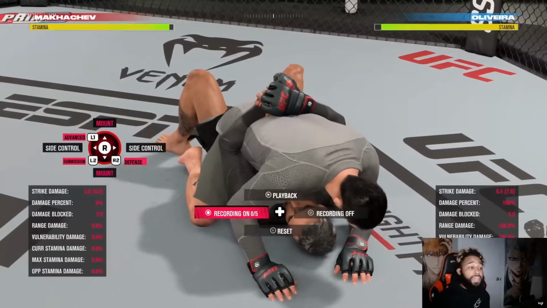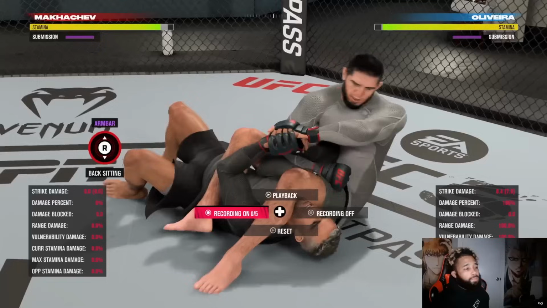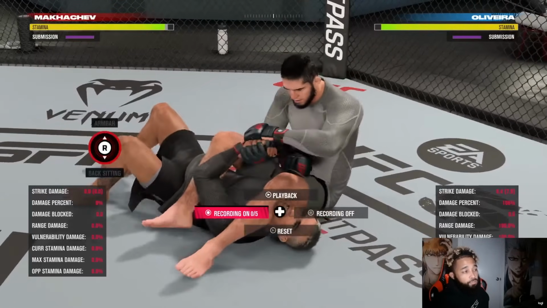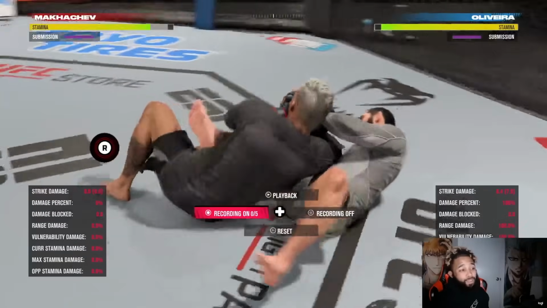So now, if we attack the armbar on the other side with Makhachev against Oliveira, everything switches, but at the same time, it really doesn't. The tell is exactly the same. You see the hand trying to thread itself through. That is him attacking the armbar. This is the most obvious tell there is in the game, but this is him attempting to go to back